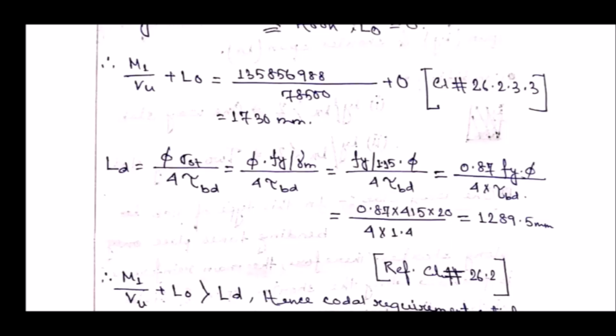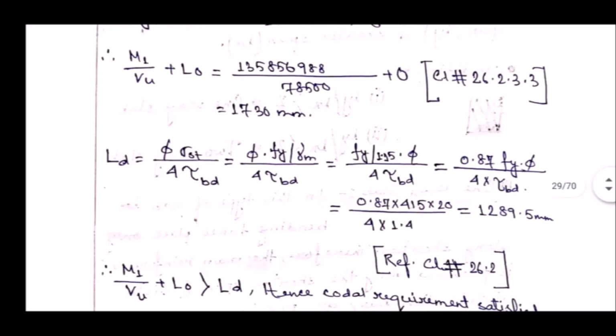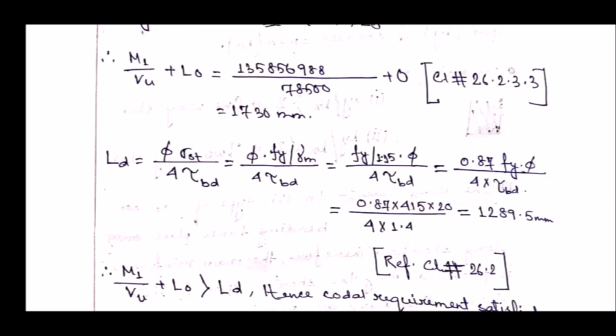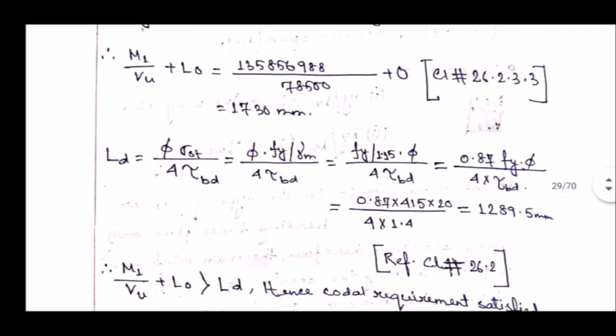If we put the values in this equation, as we know the value of tau bd from clause number 26.2 we have already seen in IS code, ultimately the value of Ld after total calculation is 1289.5 mm. So it is clear that